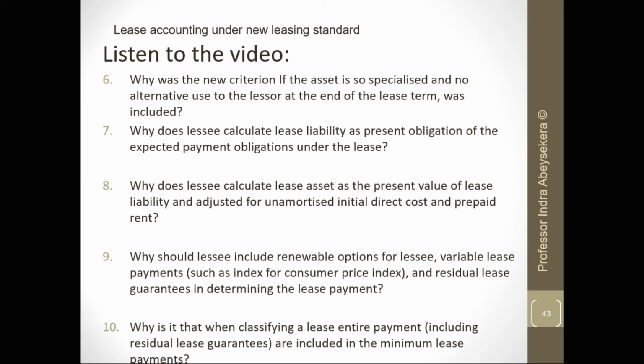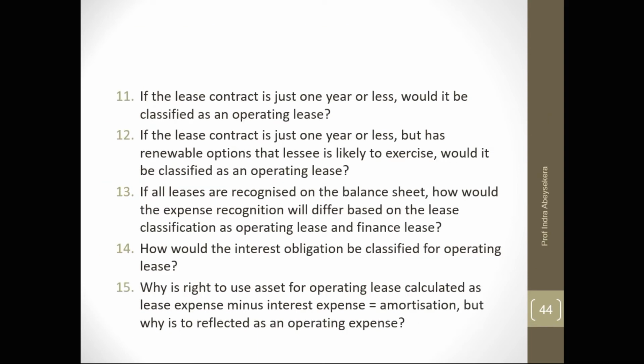Why should the lessee include renewable options for the lessee, variable lease payments such as index for consumer price index, and residual lease guarantees in determining the lease payment? Why is it that when classifying a lease, the entire payment, including residual lease guarantees, is included in the minimum lease payments? Additional questions are, if the lease contract is just 1 year or less, would it be classified as operating